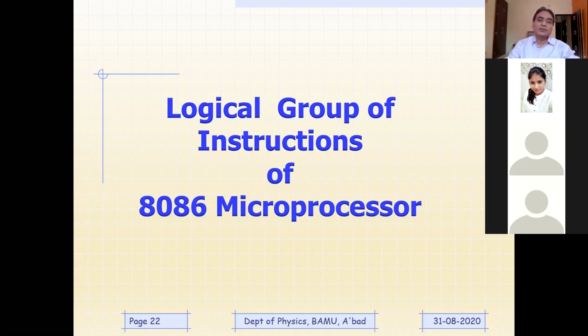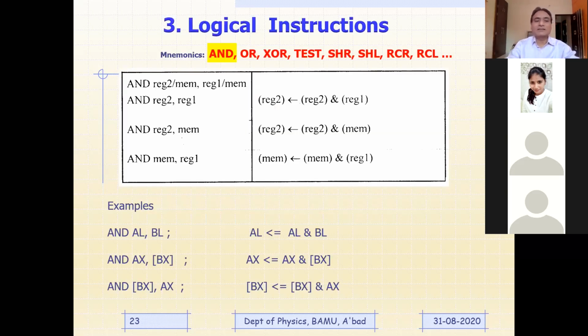But we know there are other gates like AND, logical ANDing, logical ORing, XORing, and I'm sure you are well aware of those fundamental functions, like what logical ANDing means, what logical ORing means, what logical XORing means. I will be quickly giving you an overview of the logic gates as well whenever we go through the logical group of instructions. So let us start with the first logical instruction, AND.